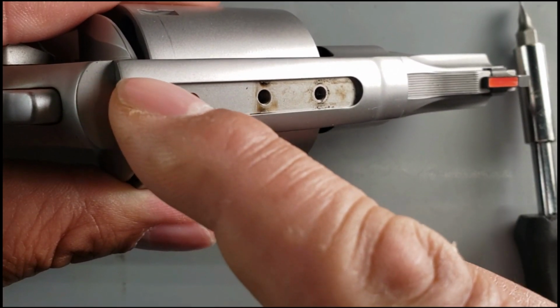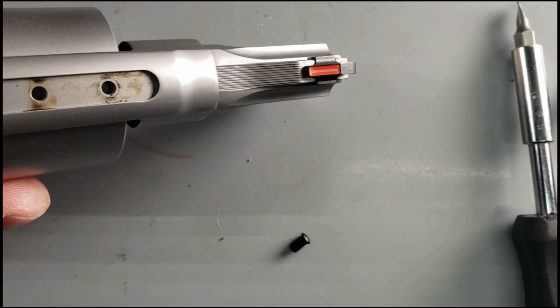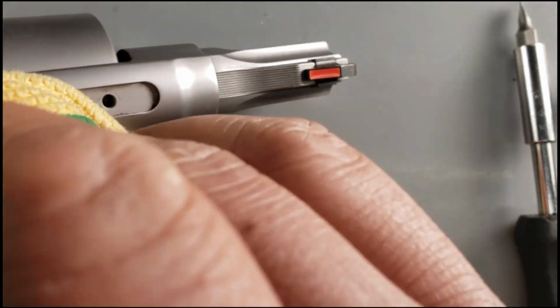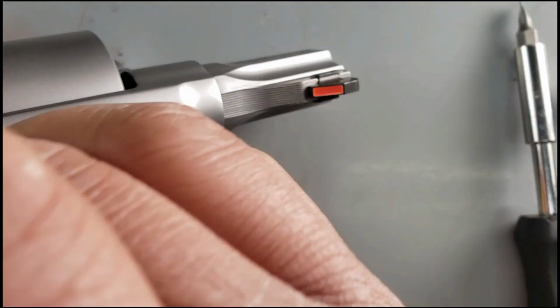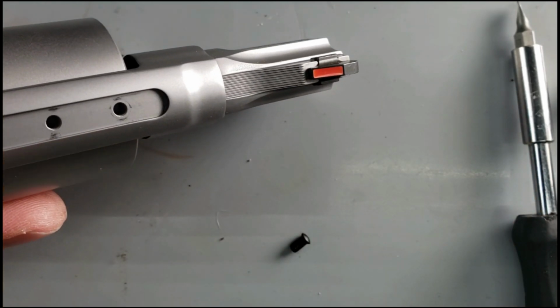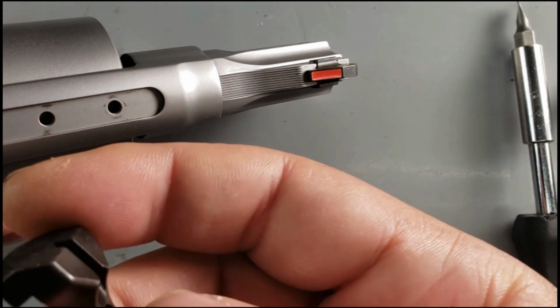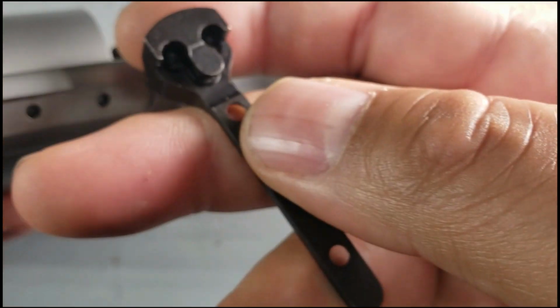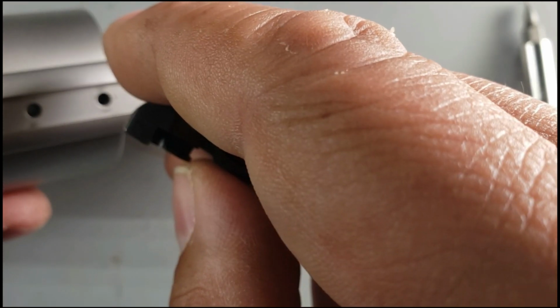slides right in there. So we're going to clean up the bottom side of this right quick with an old microfiber cloth. That's a little oil I got down in there. Got that cleaned up. I'm going to test for fit first. And you can see there, Dave did a wonderful job in machining this so that it too slots in. I hope it does without any...